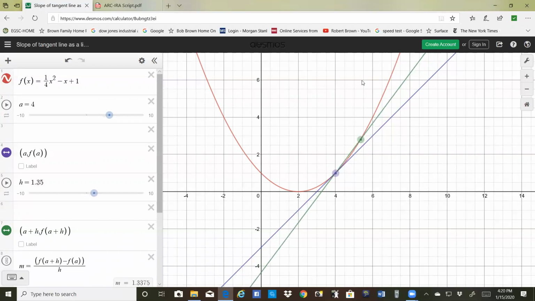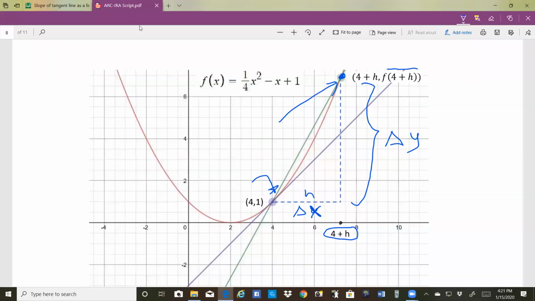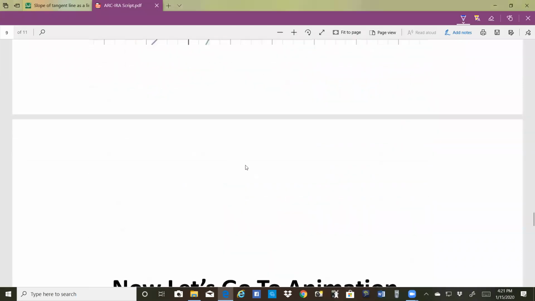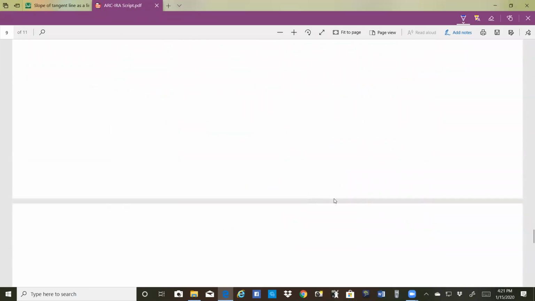So what we have here is this line is the actual tangent line. This is the secant line. And as they get closer and closer, they are going to be right on top of one another. Now I'm going to actually calculate this. We just did the animation. Now we're going to calculate